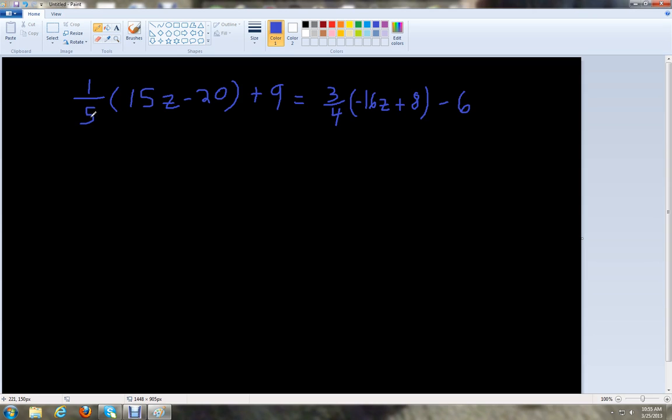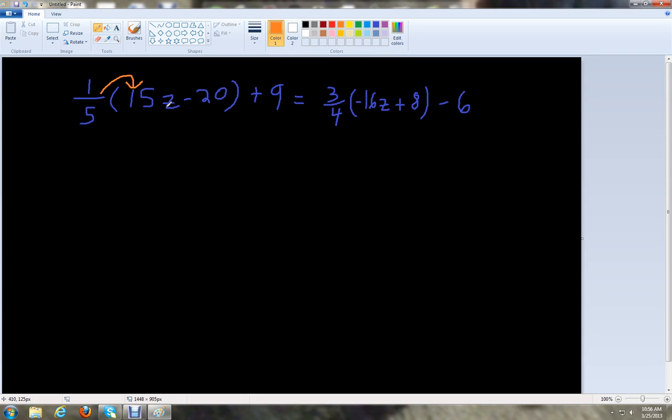So we have 1/5 times the quantity 15z minus 20 plus 9 equals 3/4 times the quantity negative 16z plus 8, and then a minus 6. So looks like a lot, right? Looks like a lot of stuff to deal with, but we'll just take it one step at a time and go from there. So the first thing we need to do is distribute